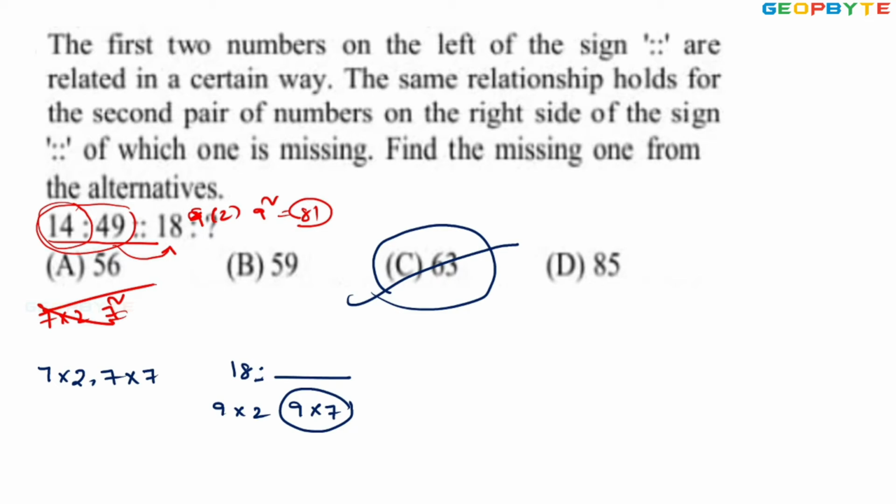Okay friends, in number analogy, you can remember, you can apply any number of logics. Any logic you can apply, not a problem. But based on the options, check whether your logic is satisfied or not. Correspondingly, you can change the logic. Depends. Next.